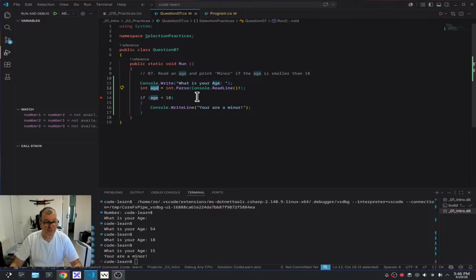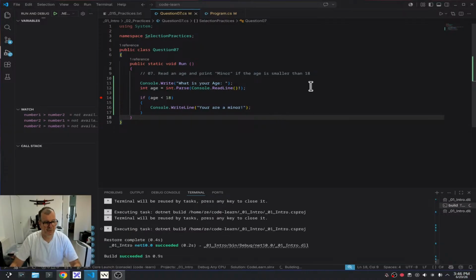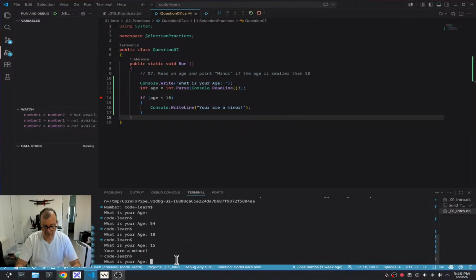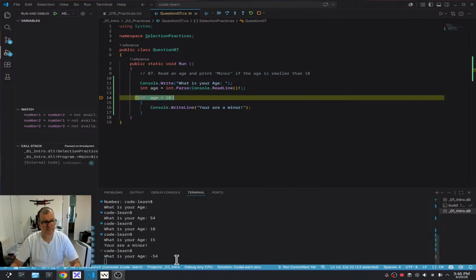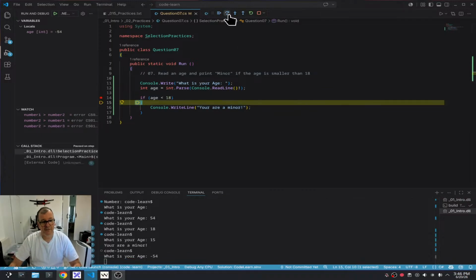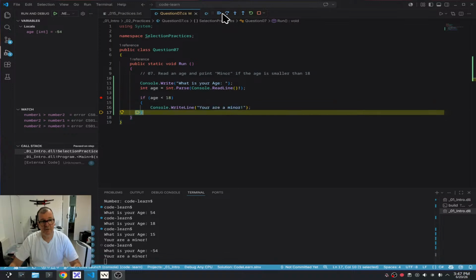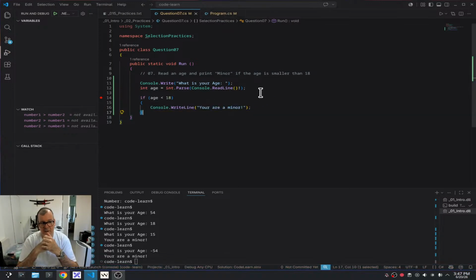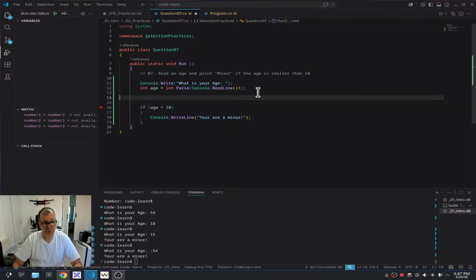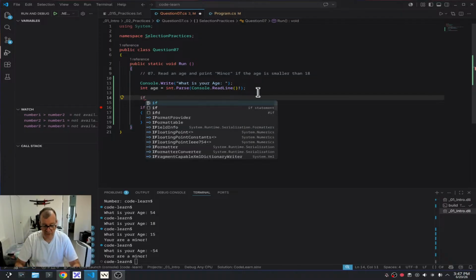Here, we're gonna say, if we run it and put like minus 54, is smaller than 18. But in theory, there is no negative age. However, what happened in real life is sometimes the business person assume that engineer is good enough to figure out, or I should do something here like this. We will learn a better way to do this, but we could say if